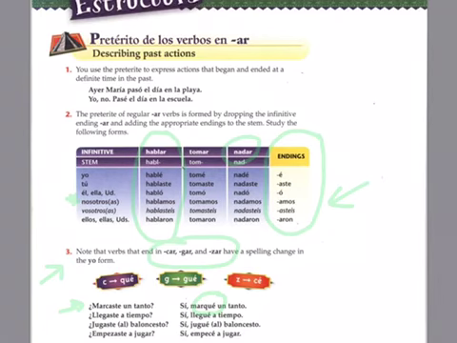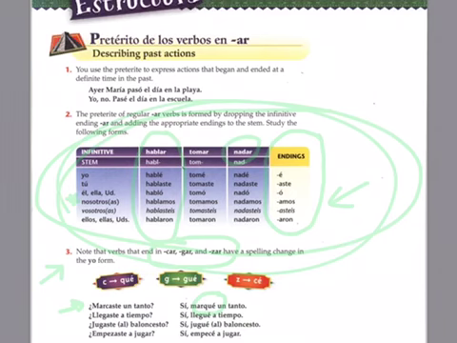Now these are only for things that are exceptions to the rule. It's not a major thing, but it's a small thing you have to realize that just for the yo form, when you say I did these things, if it ends in car, gar, or zar, the spelling change has to be noted. Other than that, most things are regular. The vast majority will fall under what you see right in these areas here. Basically, if you look at those endings in particular, hopefully this will make more sense that when you say, I did something, you can say that now. So please, again, take note of this.